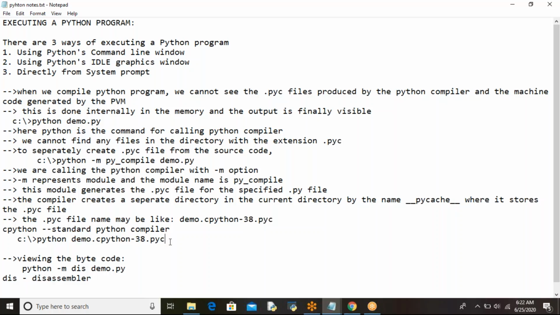The first step is what? Python compiler converts the source code to compiled code. But here we are directly providing the .pyc file. That means the Python compiler skips the first step because the bytecode is already here. It will directly give that code to PVM, which takes that code, converts that into machine understandable format, and you are getting the output.